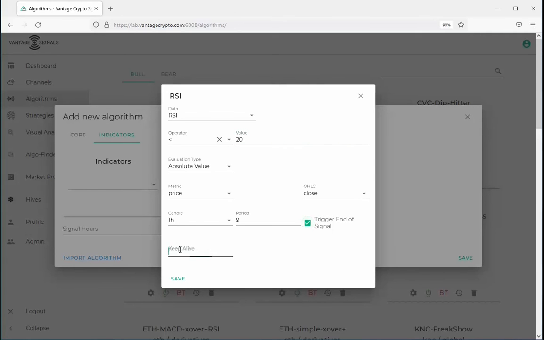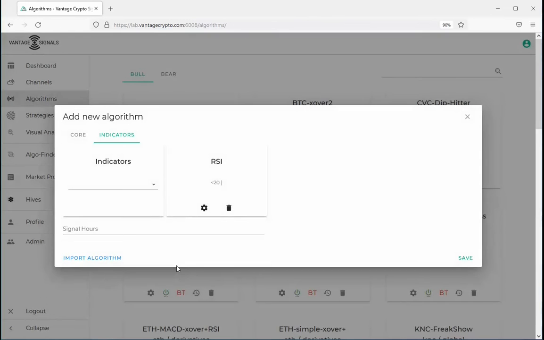And finally, the keep alive. This field says that once we receive this flag, we should leave this RSI event alive for X number of minutes to allow time for other indicators in this algorithm to match their criteria as well. For example, I could say that RSI has to cross below 20, then cross back over 20, and then within 120 minutes of that event, the price, volume, and order books must simultaneously all go up 1% to trigger an